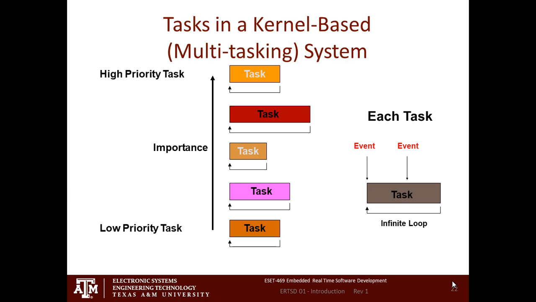If you take a look at this next graphic, this shows we've got 5 tasks. Each one is going to have a priority, and for each task, events can happen that will stop that infinite loop for it to go off and take care of an event. But each one of those tasks thinks that it's the only one in the CPU. It doesn't know about the other tasks. It's just waiting for events to happen. When the event happens, it does something, it goes back, and it waits for it to happen again. That's what tasks do.